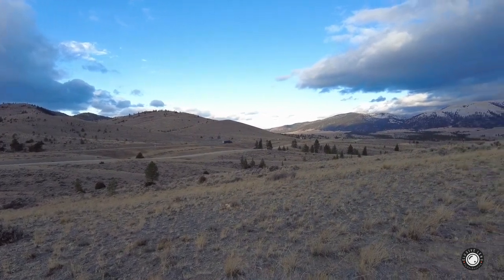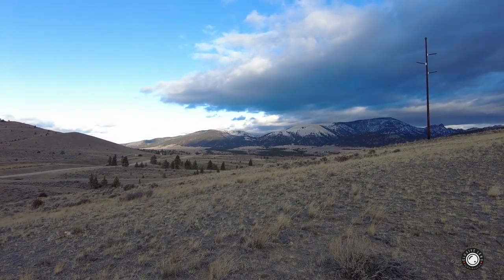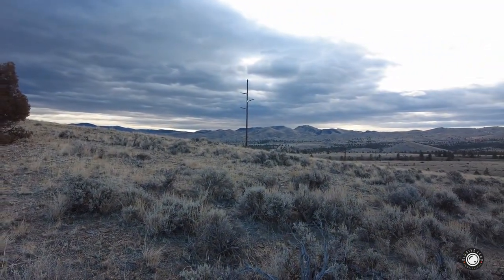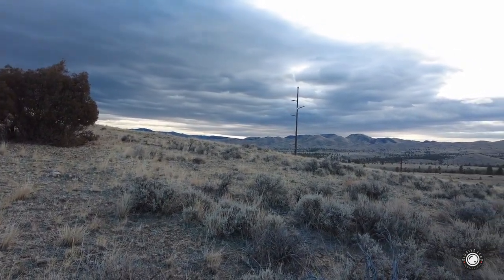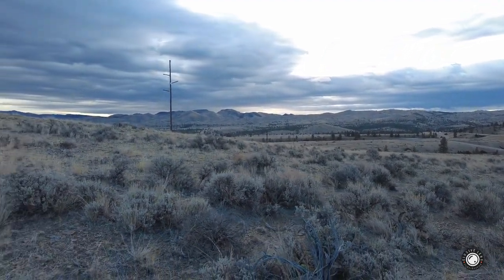Well, the light is still trying to peek through the clouds to the southeast of this particular location I'm heading to, and as you can see right there, the hills are just lighting up, but to the east of us, southeast, there's all these clouds you see, and the light is just barely trying to get through. So the hope is that, there we go, the hope is that we will actually get a little bit of morning light,